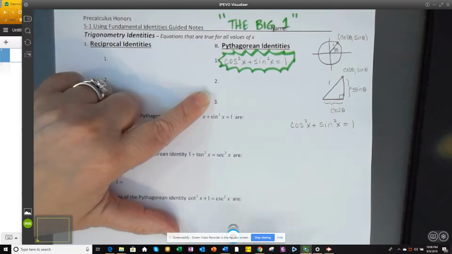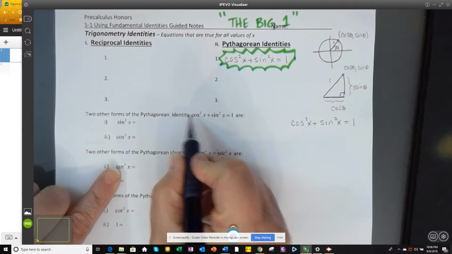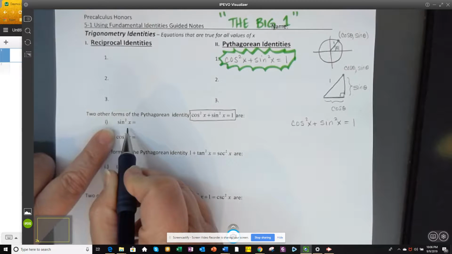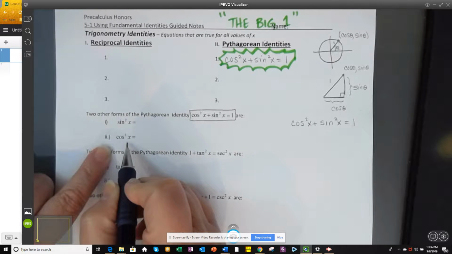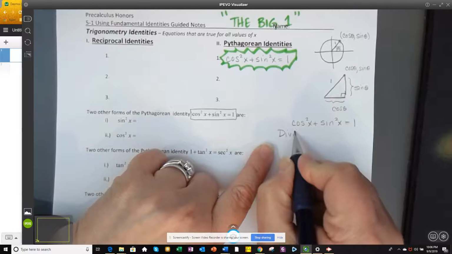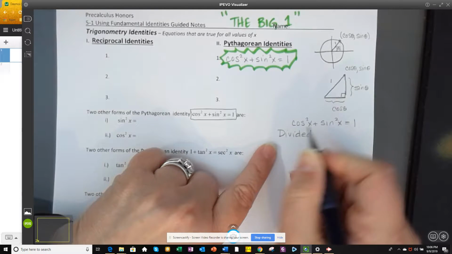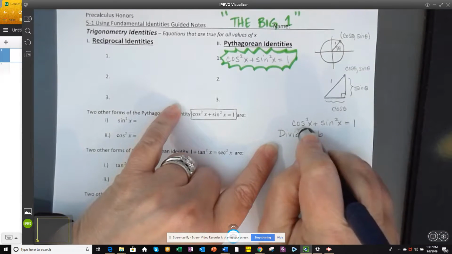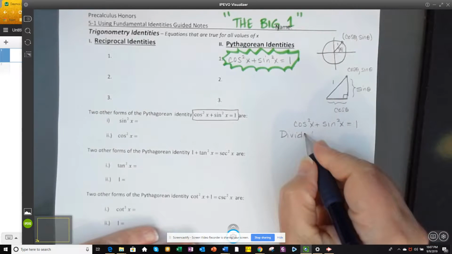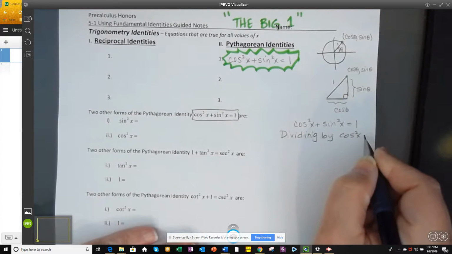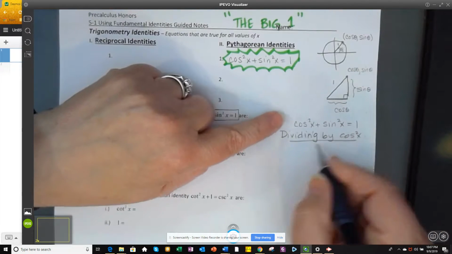equals 1. And I could, using this right here, solve for sine squared x. Or I could solve for cosine squared x. But we're going to talk about that in a minute. But what if I decided to do this? What if I divided the big one, I should say dividing by, cosine squared x. Let's say I took the big one and divided by cosine squared x, which would give me